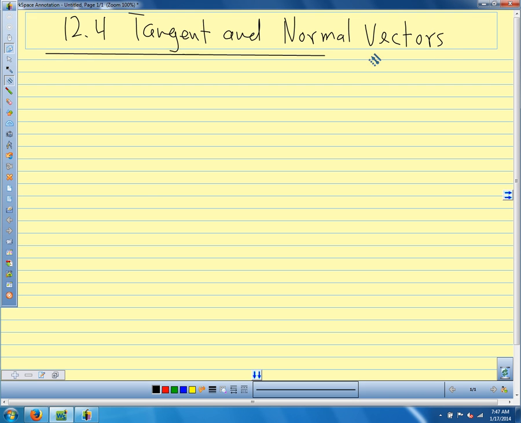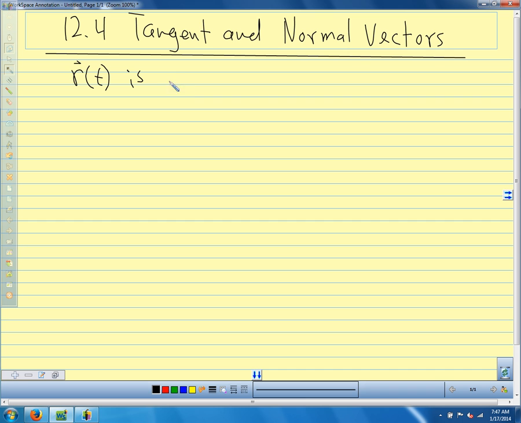So we're going to talk about tangent and normal vectors. Just to recap, what we saw in the last few sections when we were talking about differentiation of vector valued functions, integration of vector valued functions, and we applied that in the last section to the idea of acceleration and velocity. So if we have a curve, r of t,